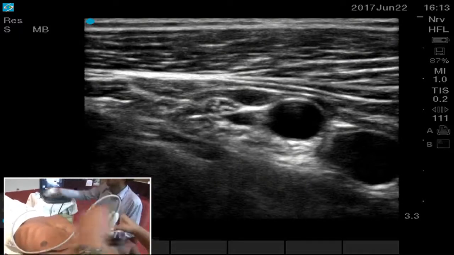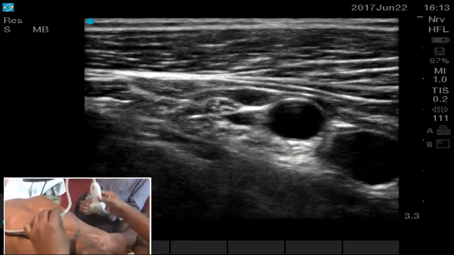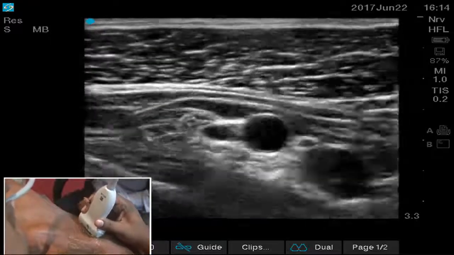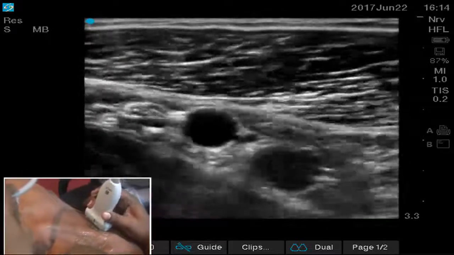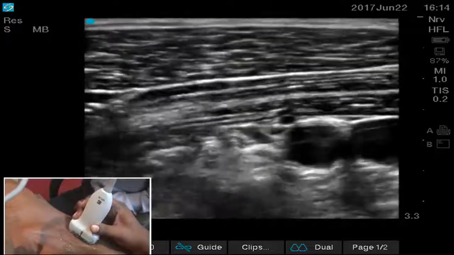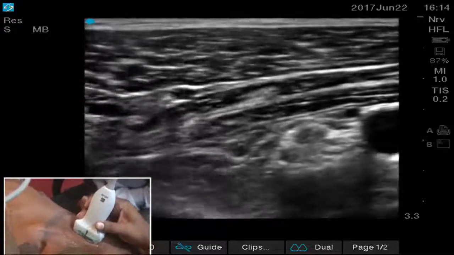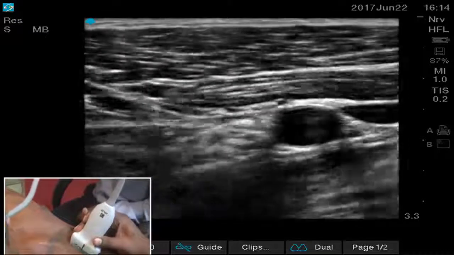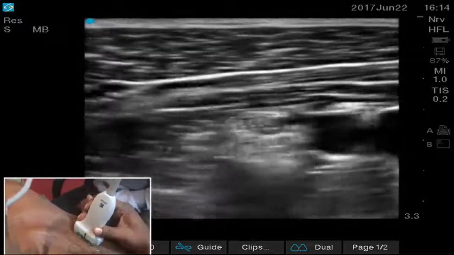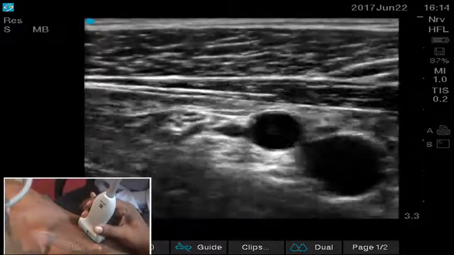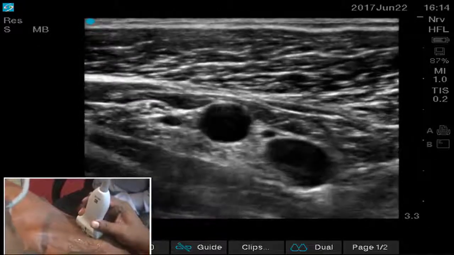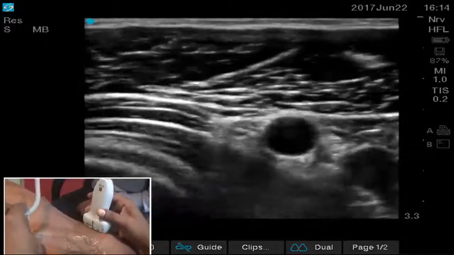Now from there, if you just drop the probe to the axillary, unfreeze, so all the brachial plexus elements are completely wound around. I am going back to the costoclavicular space. You can see all the cords are moving and compactly arranged just lateral to the axillary artery in the costoclavicular space. When I come down, you can see the cords are getting separated and then winding around the axillary artery here. So similarly, when you drop to the axillary area,